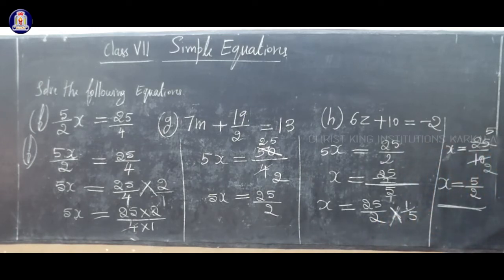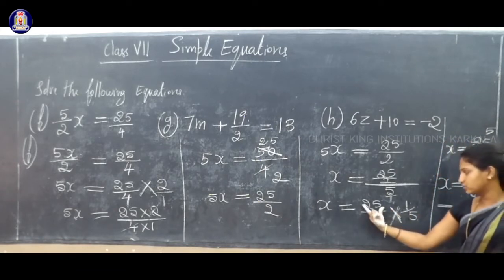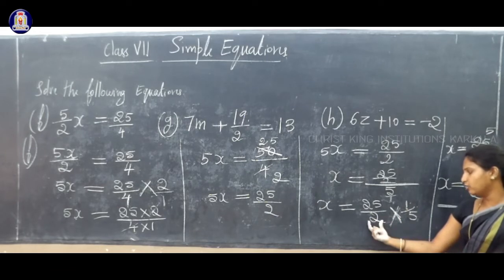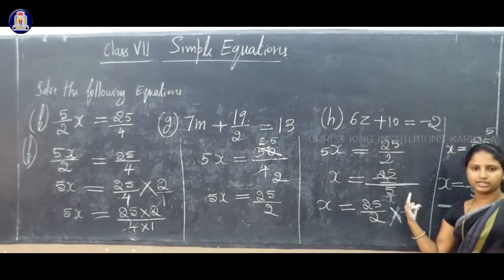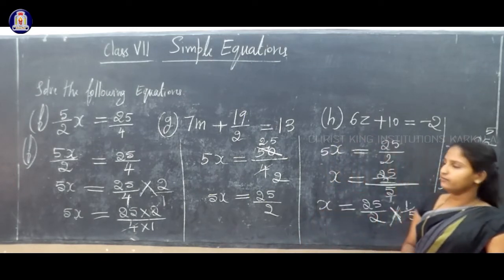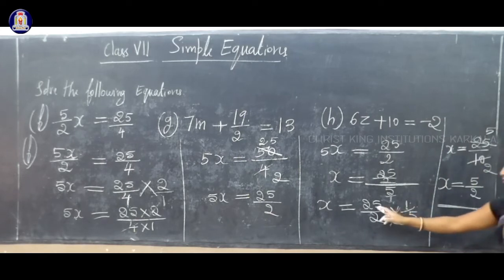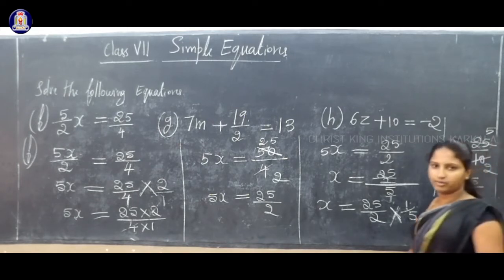So next step is the multiplication. In the numerator it is 25, here is 1, and in the denominator is 2 and 5. So directly multiply numerator into numerator and denominator into denominator. Clear? If you multiply, you will get 25 ones are 25 and 2 5s are 10. Now we can simplify 25 and 10 by 5. 5 divides both numerator and denominator.